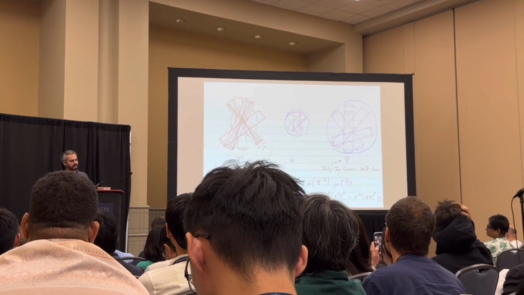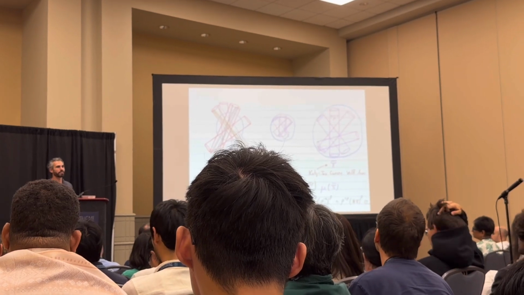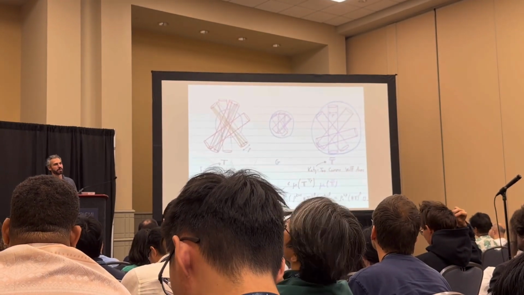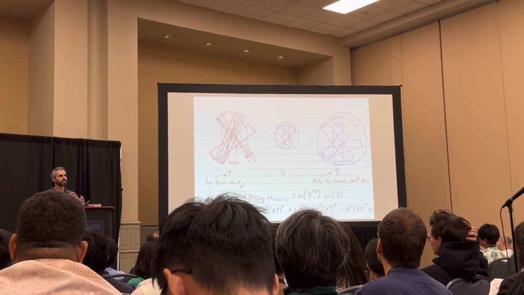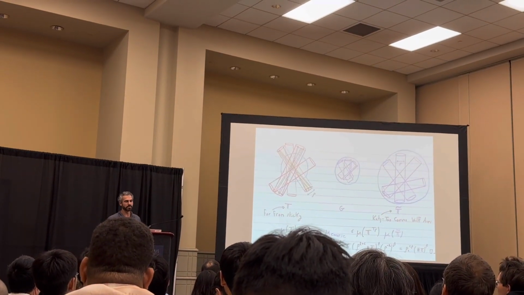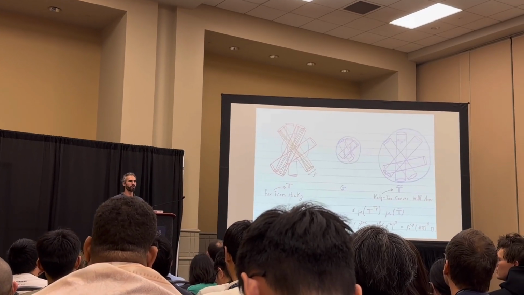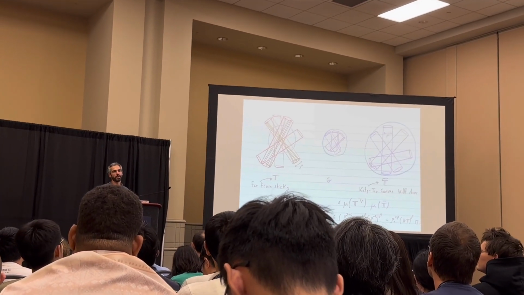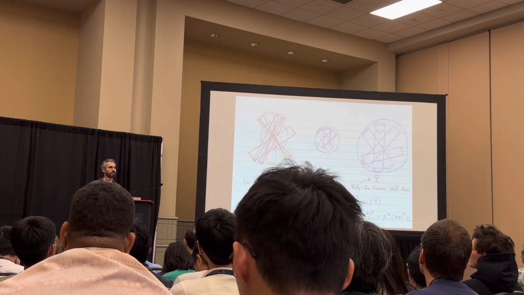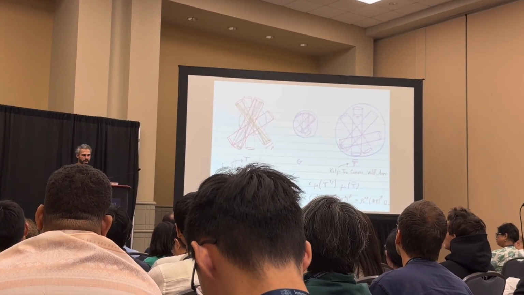So on the left-hand side, I had the multiplicity of my tubes, which I was assuming was the number of tubes to the beta, and now I've got a small improvement. I have rho, which is the scale at which you witness this failure of stickiness, which is a small constant, times the number of tubes, raised to delta to the beta. So either I have a contradiction, this wasn't the worst case example, or if you want, if I assume that beta was the best exponent for which I knew this result was true, I've now improved my beta a little bit. Two equivalent ways of thinking about it.